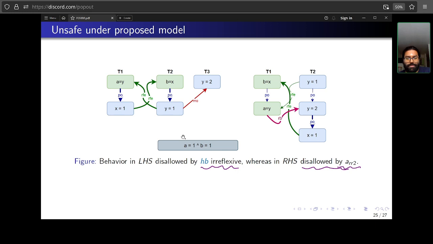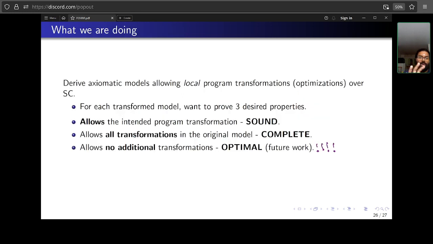That's simply because if I just look at A equals 1, B equals 1, I have an HB cycle here. It's clearly disallowed. But here, I see it's just a message passing outcome with the PO edge. So it is allowed. But we don't know about SC by just saying the reads. And so this is the flavor of stuff we are trying to do.